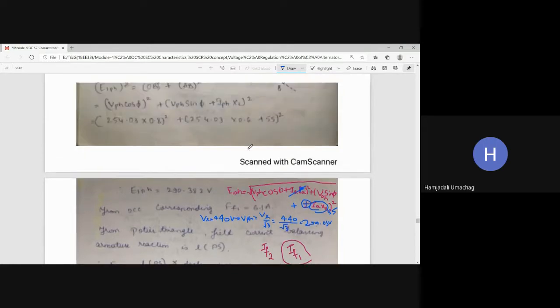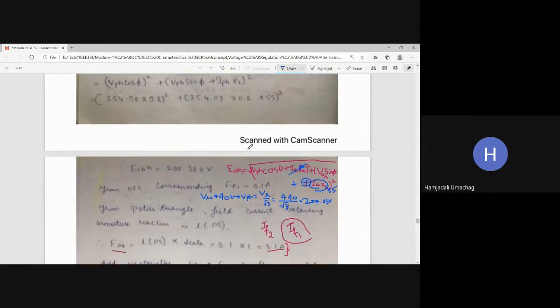Before this, what have you written? You have written the IF2 value. Yes or no? Yes, sir. After writing that IF2, next just write one statement there: to find IF1, calculate E1 pH using the formula. That is, E1 pH is equal to the square root of V phase cos phi plus I into Ra whole square, plus V phase sin phi plus or minus